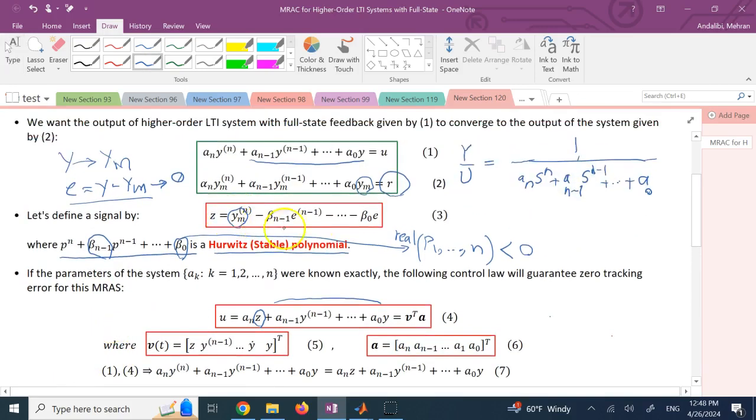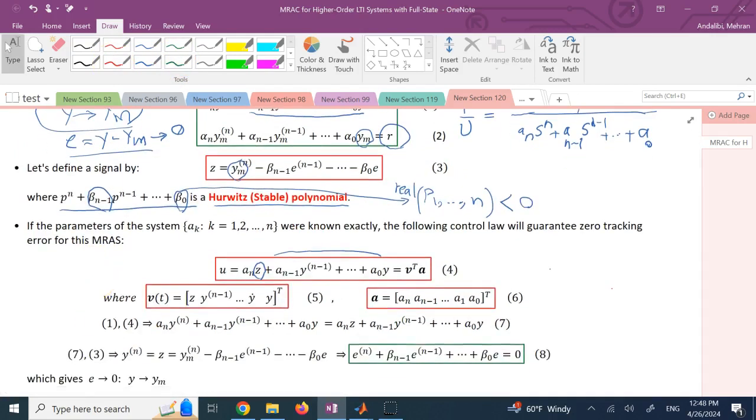If we pick that z signal based on 3 and plug it into the control signal 4, I can show you that if you plug 4 into 1 using 3, it should give you the same y as ym over time, and I'm going to prove it to you. But first thing I want to say is